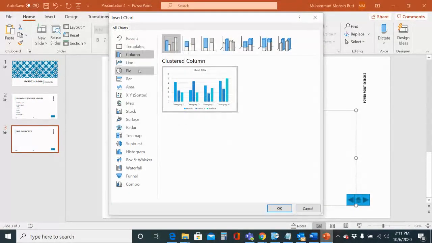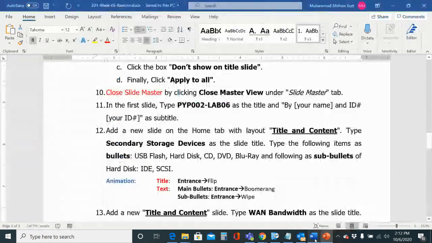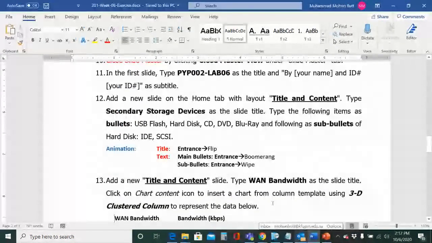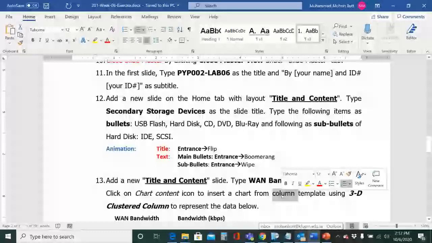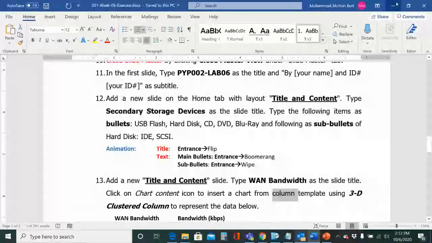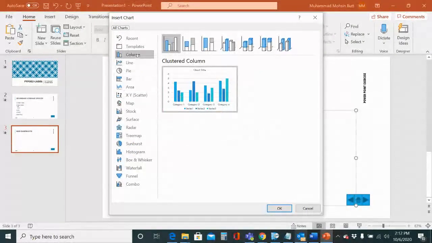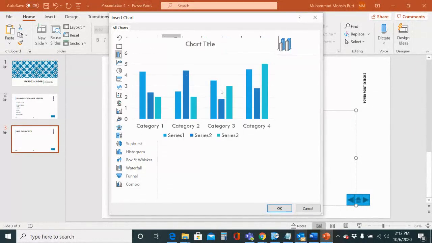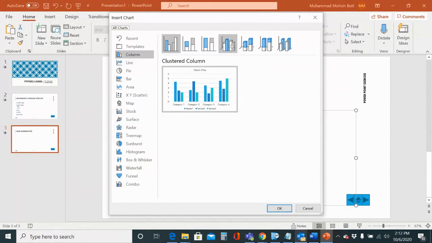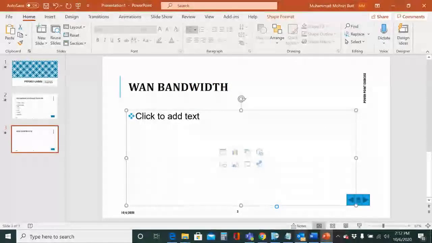Click on it, and here we have different options: column, line, pie chart, bar chart, area chart, and different options. But in the instruction, it is provided that you need to insert from the column category. I need to insert 3D clustered column. From the column group, this is clustered column. I need 3D. That will be number 4. Can you select the number 4 option? Yes, and then just press OK. That will insert